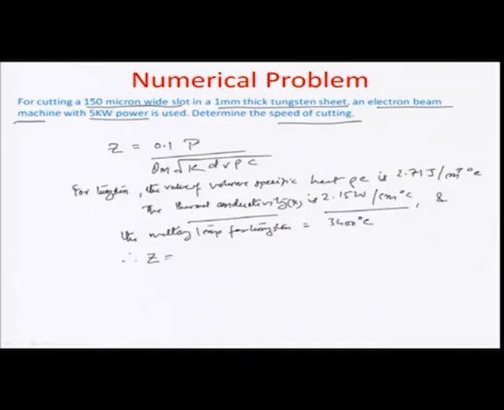Therefore, the z value can be expressed as 0.1 centimeter, 1 millimeter. Okay. Diameter d of the beam can be equated to the slot width that you want to machine here. In this particular case, the slot width is 150 micron, and this is in the best interest of the quickest machining step. So, it is 0.015 centimeters. The beam power that is used is basically 5000 watts, and velocity